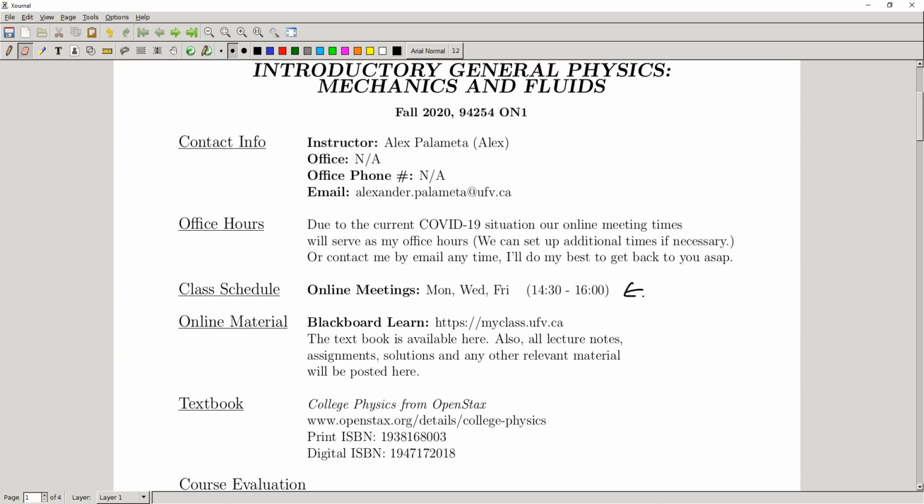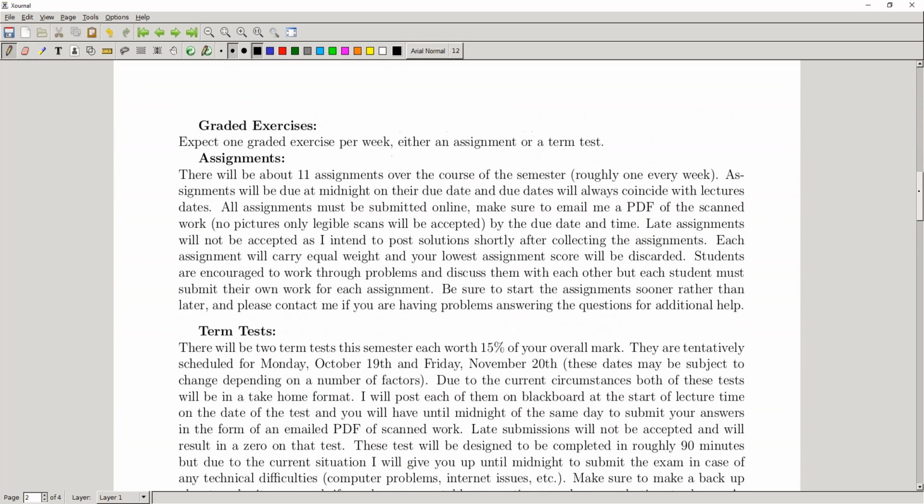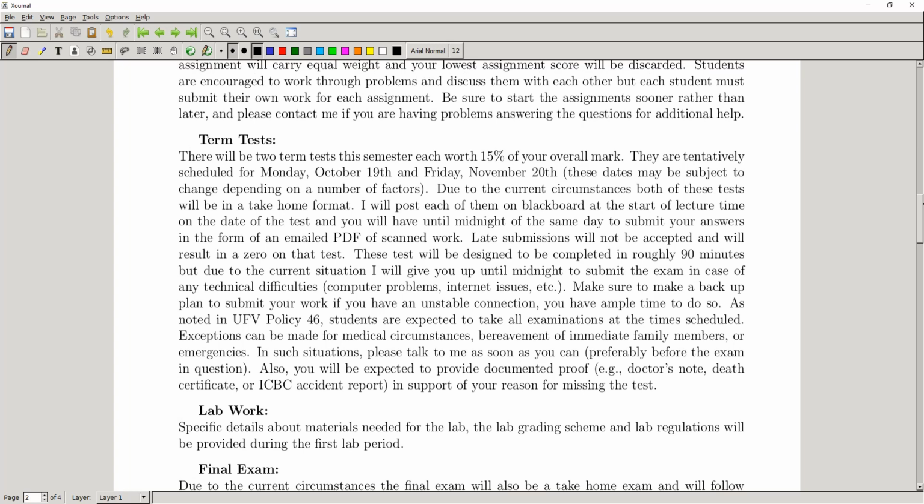So at the start of whatever date we're doing that term test on, I'll post it on Blackboard, and you guys will have until midnight of that night to submit it back to me in the same way you would submit an assignment. So in the form of an emailed PDF of scanned legible work, right?